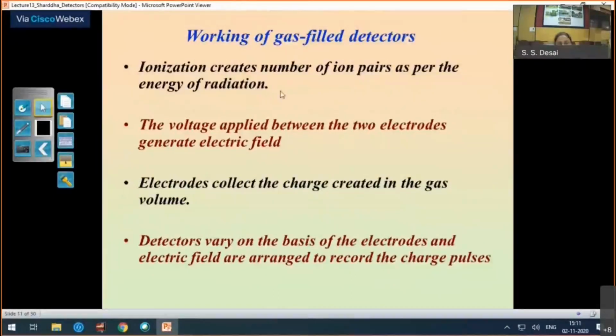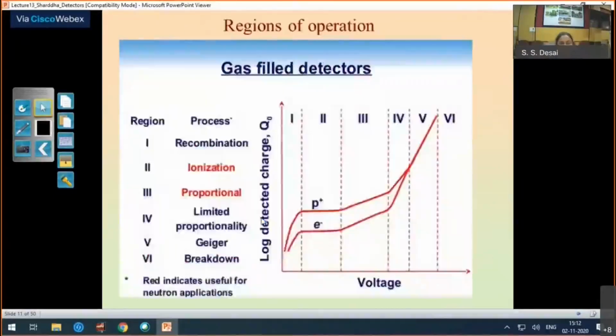So the incoming radiations are creating the ionization ion pairs. All these ion pairs, a bunch of ion pairs, are traveling towards the anode, as there is a voltage applied between two electrodes, and these electrodes collect the charge to create a pulse which is resulting from the radiation. So when we have two electrodes and a bunch of electrons and positive ion pairs, this charge cloud can be treated by applying a different voltage. So the electric field created within these two electrodes can vary.